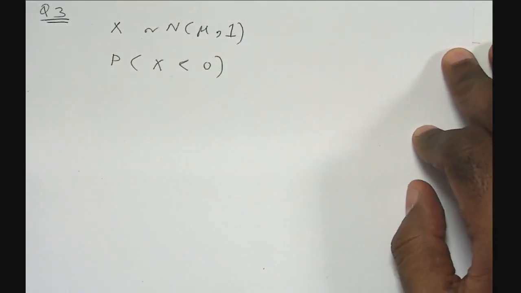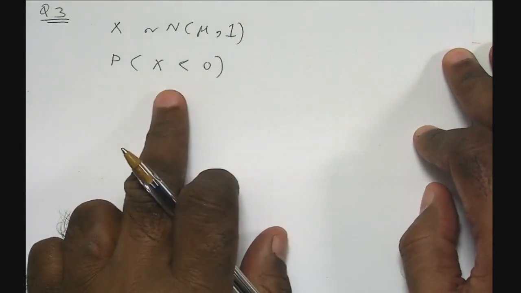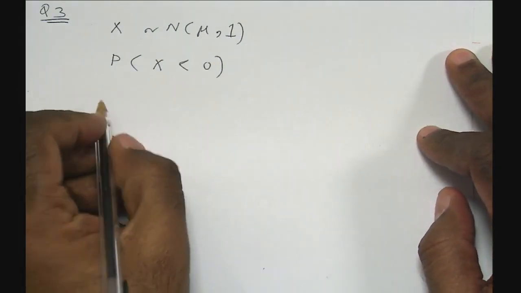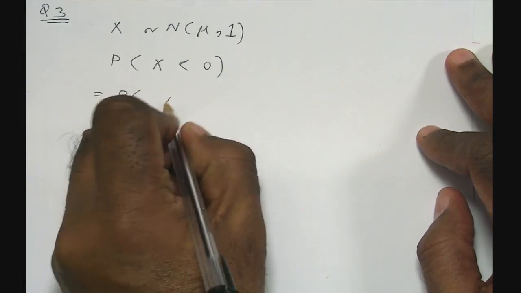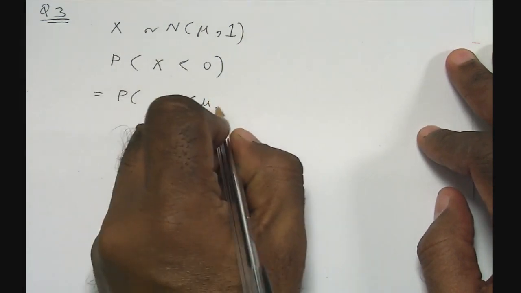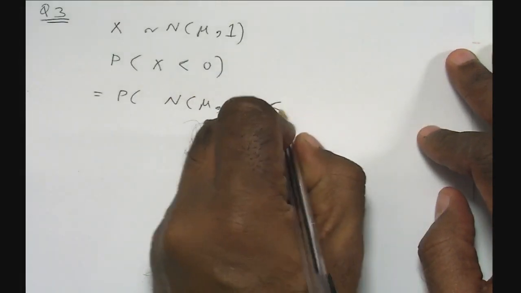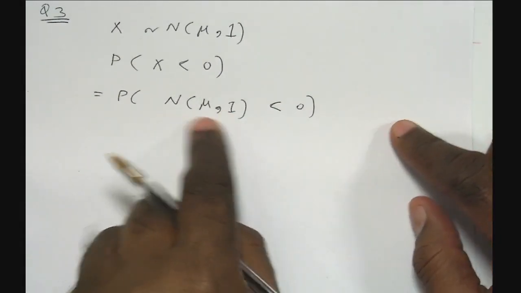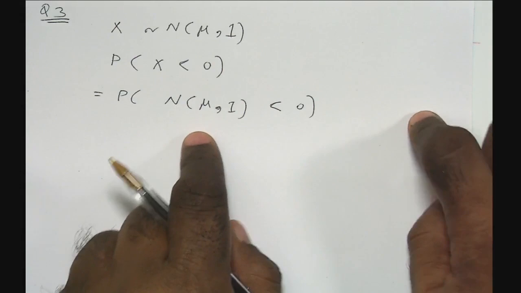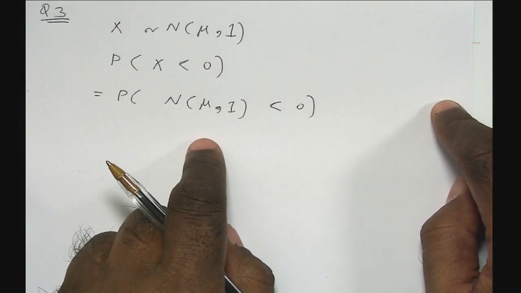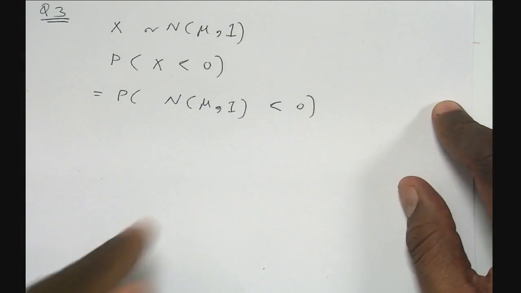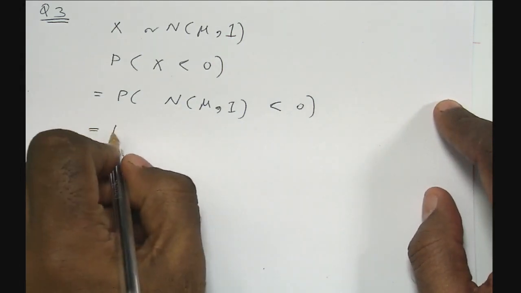The first thing you need to do is to work out what this is, guys. You need to work out the probability that x is less than 0, which is the probability that a normal variable with these parameters is less than 0. Now I'm going to do standardization. I'm sure you know what standardization is, right? A standardization is a process where you reduce a normal variable to a standard normal variable, and in this case you do that by